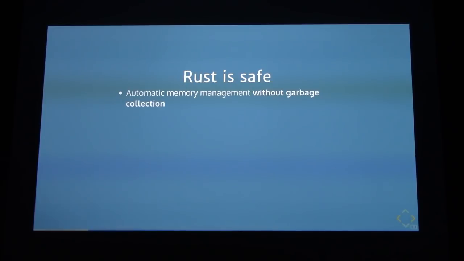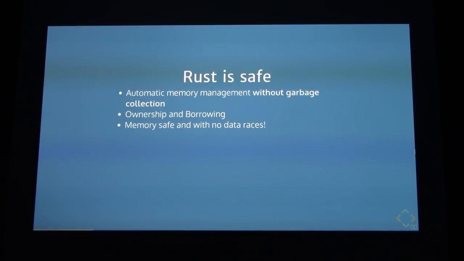This can impact the performance of your program a lot, and Rust is able to avoid this and guarantee safety because the Rust type system provides enough information for the compiler to figure out exactly when a value should be deleted. The mechanisms for this are called ownership and borrowing, and I'll discuss them later in the talk. The amazing thing about ownership and borrowing is that Rust is able to make some pretty amazing guarantees about your